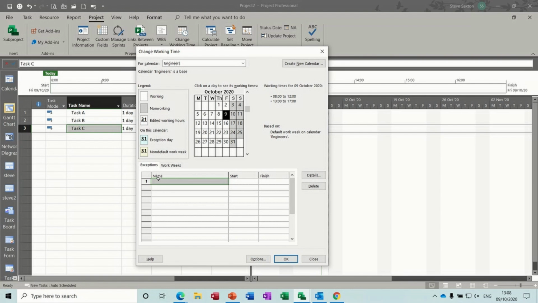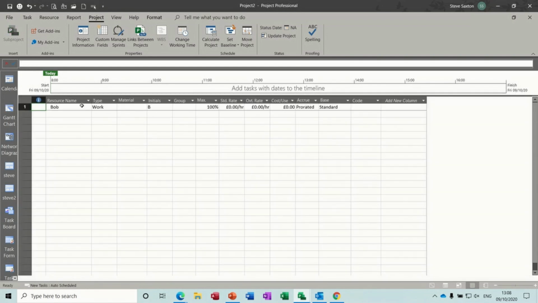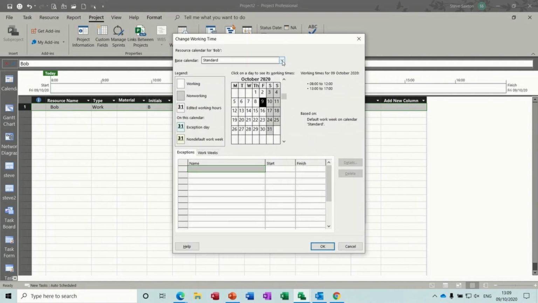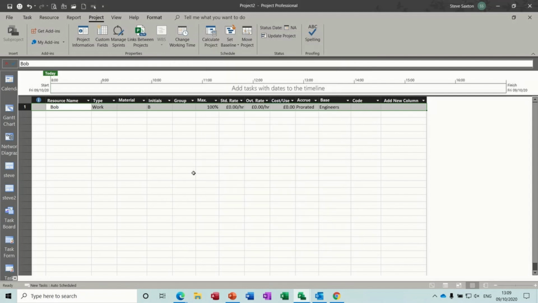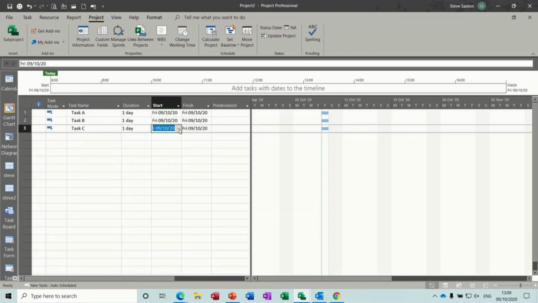I'm not doing the Christmas break. Click OK. Now if I go to Bob, I can set Bob to have that calendar as his base calendar. Engineers. And then if I come down to December, whoops, went past it, it is able to work. I'll click OK. Now, obviously, this task still won't let me select